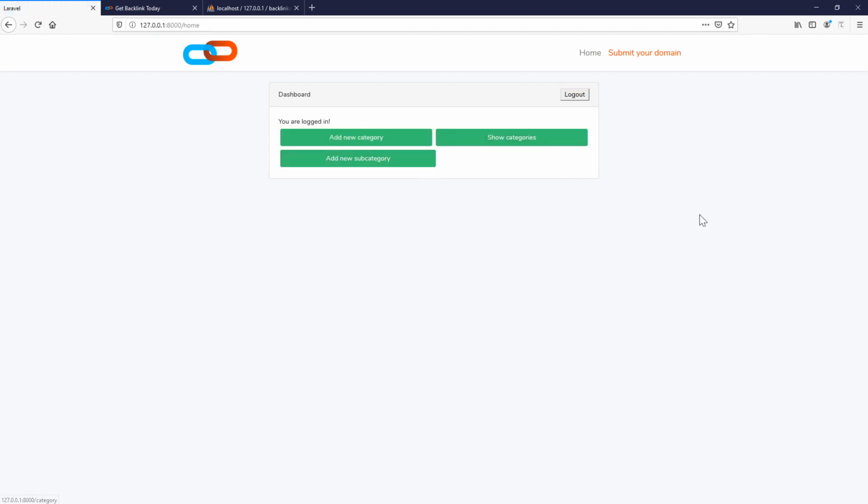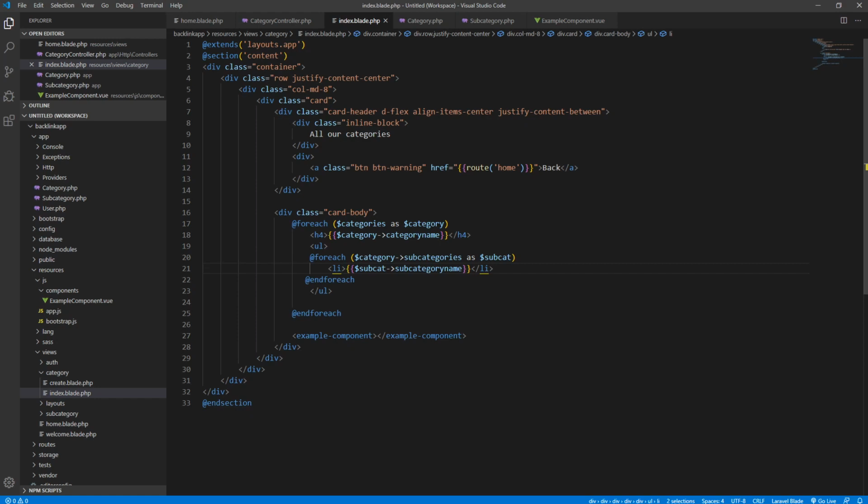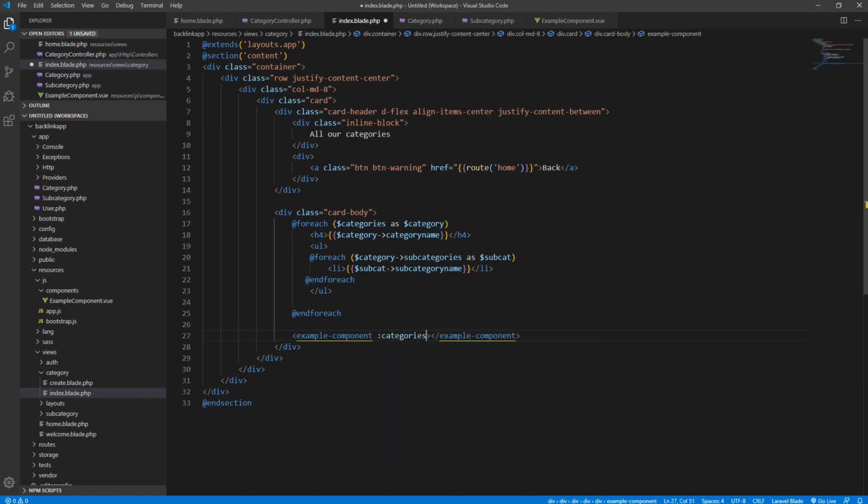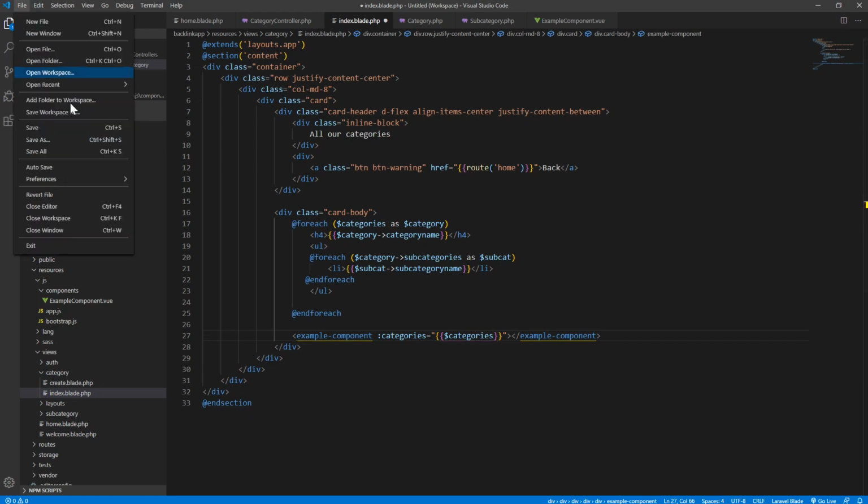Okay, let's go back. So that was the normal Laravel way to do this. And now let's create a Vue.js way. In order to get access to these categories inside our component, we need to give a property here. So we want to pass in categories, and this should be this categories collection. And if we pass it in now,